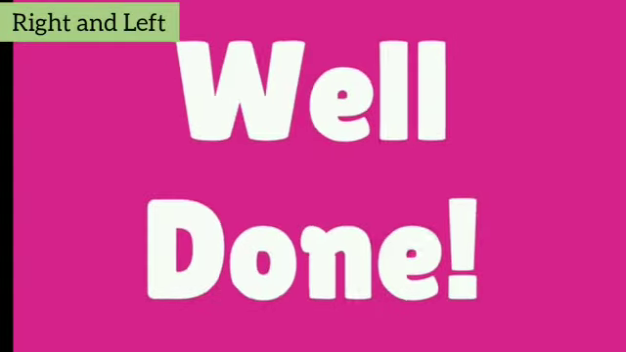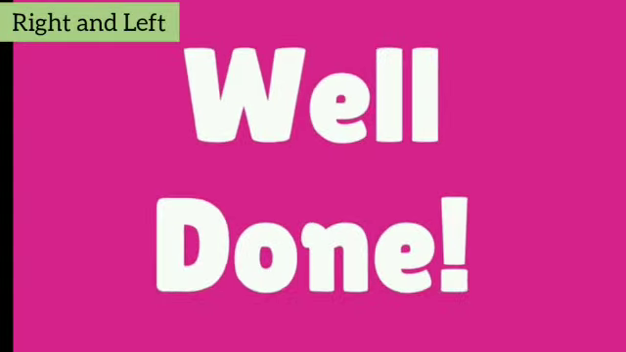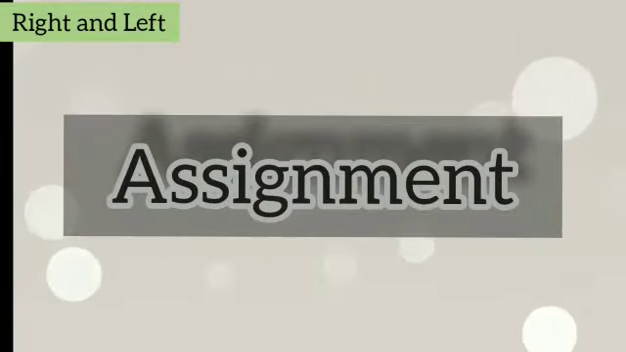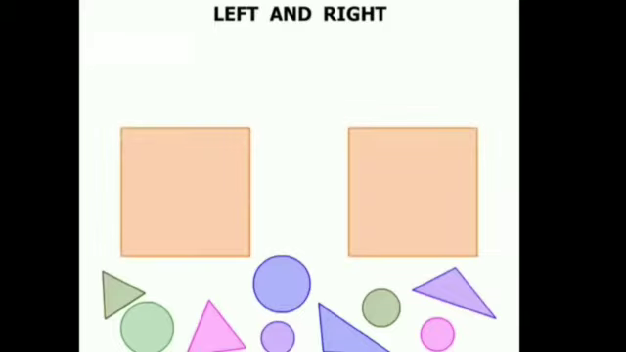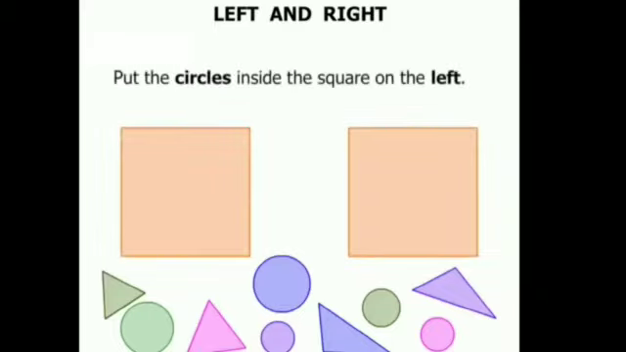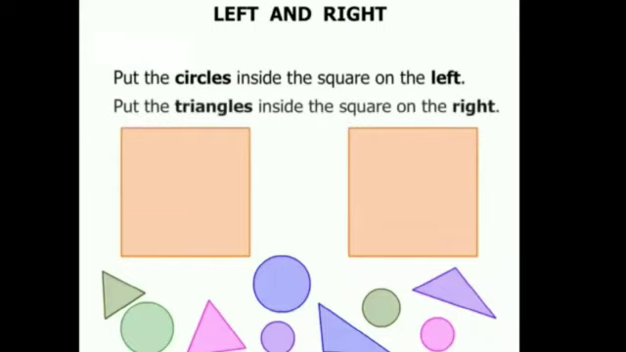Well done. I think you have learned the concept. Now here is an assignment for you. So what you have to do is that you have to draw two squares on your notebook and you have to make circles inside the square on the left side and then make triangles inside the square on the right